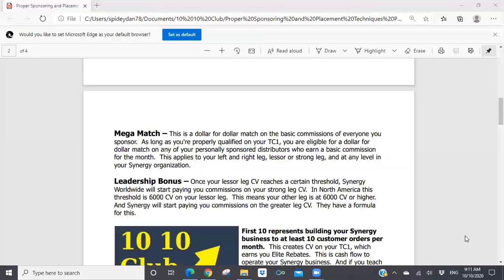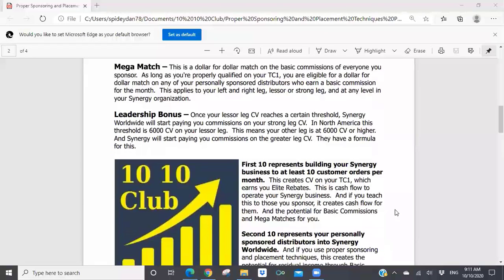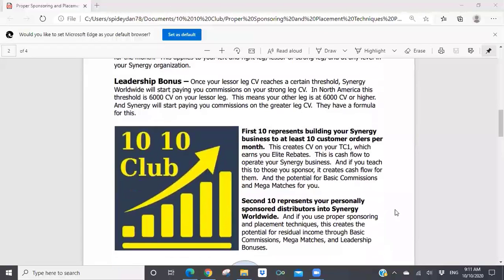That means that as you properly grow your Synergy organization through proper sponsoring and placement techniques, you're able to maximize all the compensation components of the Synergy Worldwide compensation plan. Now, one of the things that we have created for what we call our Synergy family is what's called the